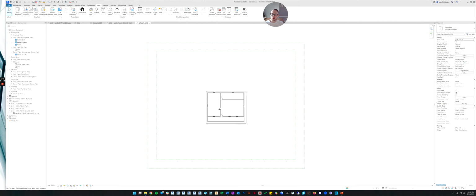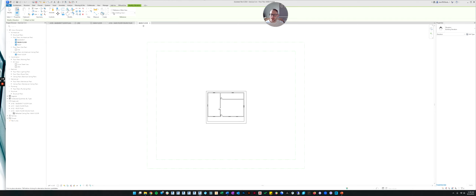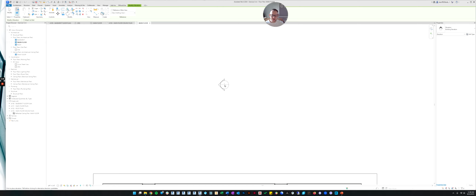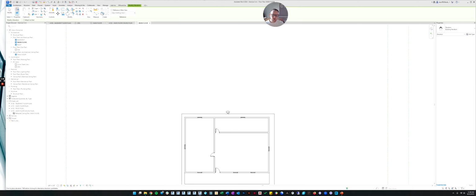So again, where to start to make a new view, the best place to go is the View tab on the ribbon. So you'll come up here to the View tab, and over here there is an elevation button. So if you click the drop down arrow, you can click elevation, and now when you move your cursor around, it's got this little symbol. And before you do anything, you want to make sure that it's the right type of elevation that you're creating. So if you go over here to the properties, we're just going to make sure we've selected building elevation.